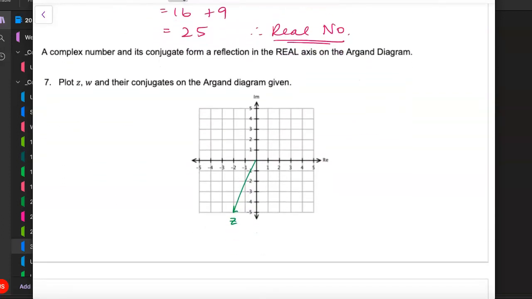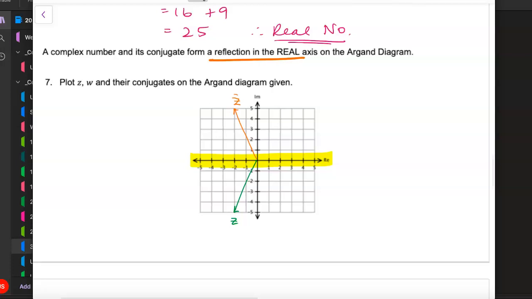If I plot that in orange, we find that the complex number and its conjugate are a reflection in our real axis, or our horizontal axis. And if we plotted w, which was 4 subtract 3i, we'll do this one in blue, and in pink we can have the reflection of that, or the conjugate of w, which will be 4 plus 3i, and we can see the reflection line